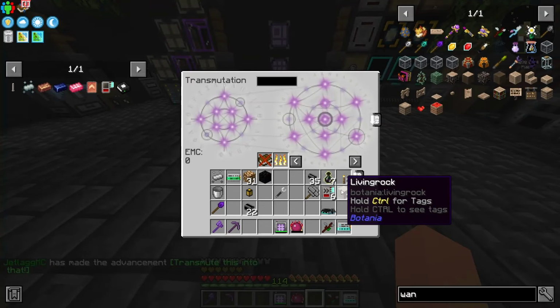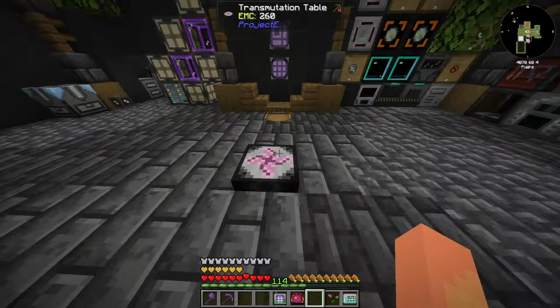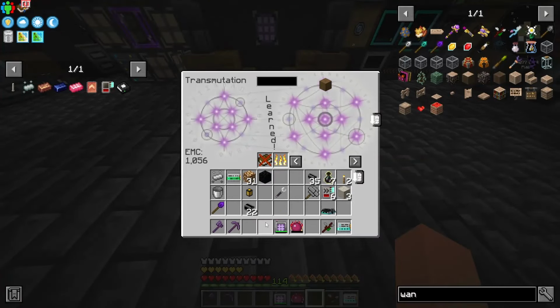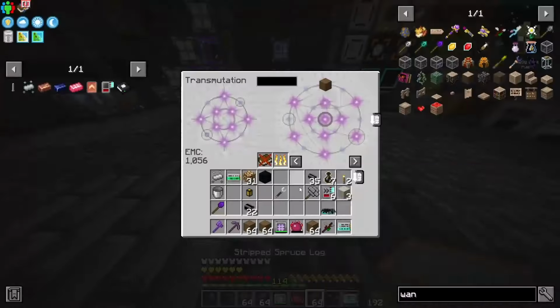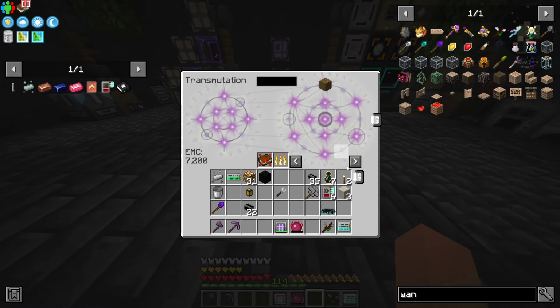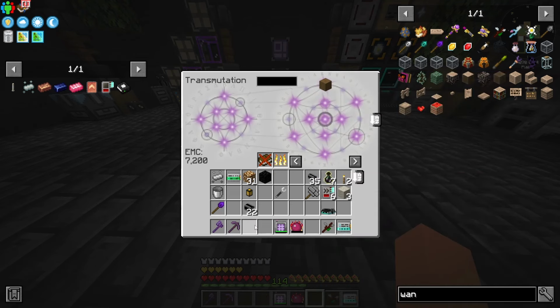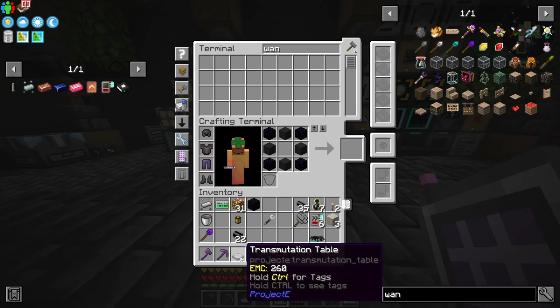And inside here, anything that has an EMC value, see if I can find something, like stuff we've been generating like this. We just toss this in here, and this will learn it and add all of the EMC that it had. You know what I'm trying to say. But now we can take as many of these as we want, so long as we have the EMC for it. But this gets even better, because we can take our transmutation table,